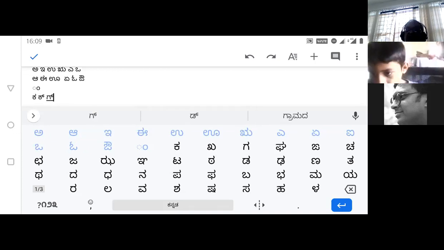So that's how you got ka, ka, ga, ga, nga. Similarly, for the next set of 5, cha, cha, ja, ja, nya, ta, ta, da, da, na, tha, ta, da, da, tha, tha, da, dha, na, and pa, pa, ba, ba, ma. These are the 25 letters.